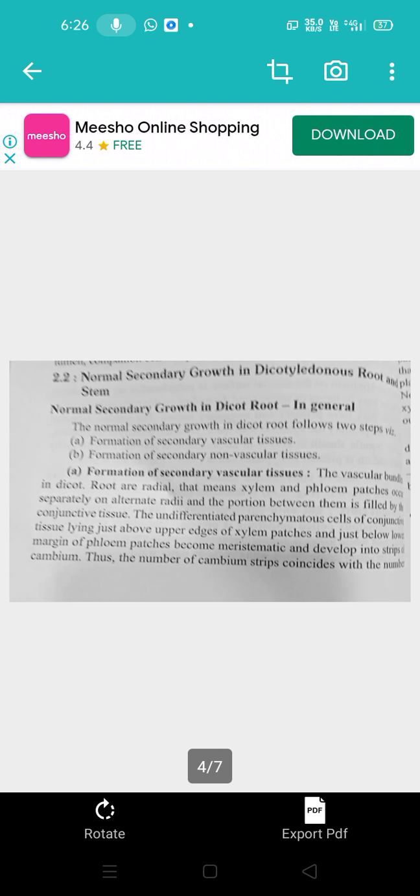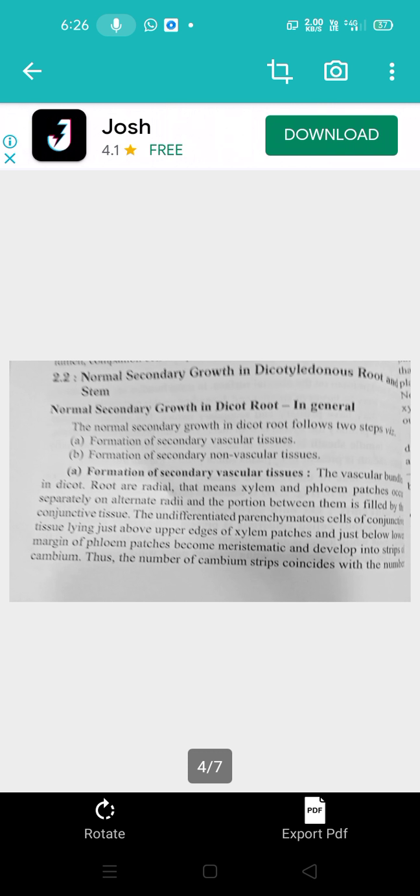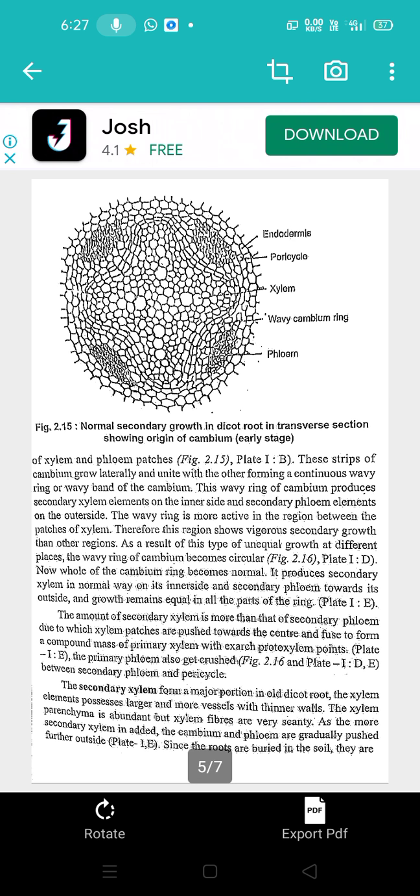The undifferentiated parenchymatous cells of the conjunctive tissue lying just above the upper edges of the xylem patches and just below the lower margin of the phloem patches become meristematic and develop into strips of cambium. Thus, the number of cambium strips coincides with the number of xylem and phloem patches. These strips of cambium grow laterally and unite with each other, forming a continuous wavy ring or wavy band